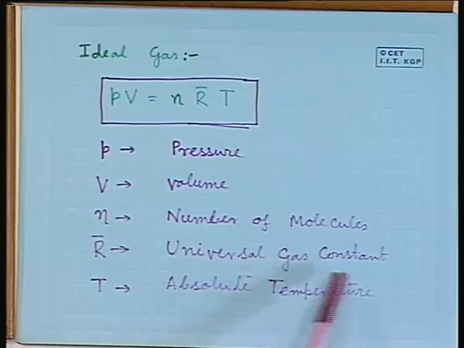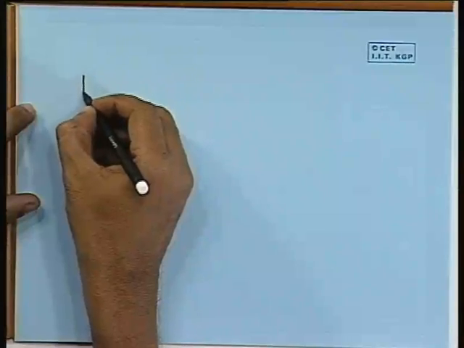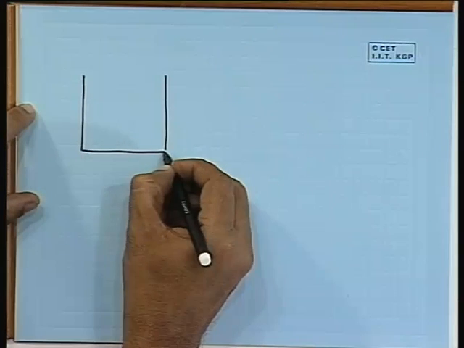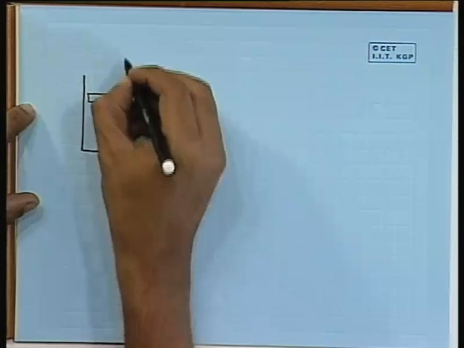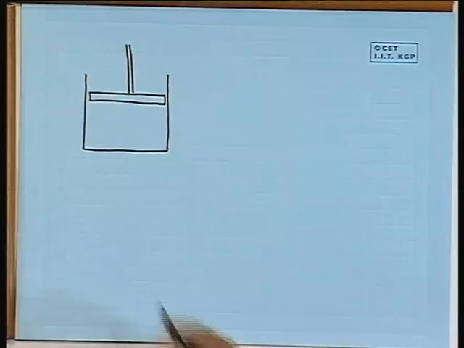So, these are the symbols: pressure, volume, number of molecules, then universal gas constant and absolute temperature. So, basically it denotes a system, a closed system, something like this. Piston cylinder arrangement. It can be some other arrangement also, but basically it is a closed system where the mass of the gas